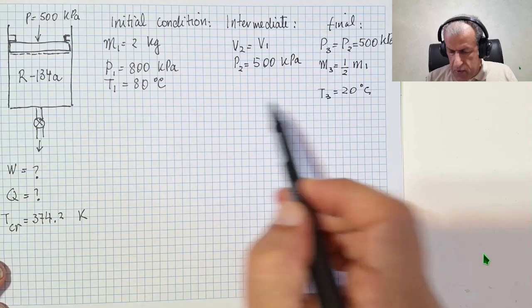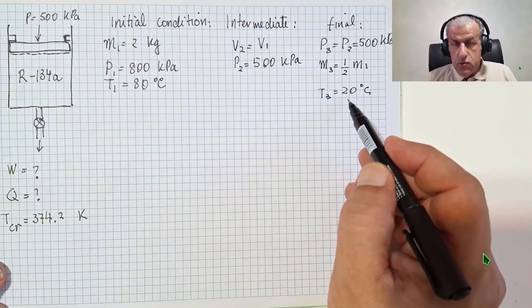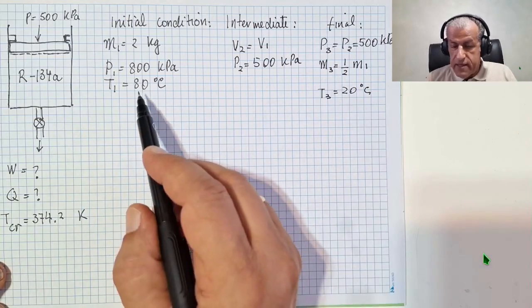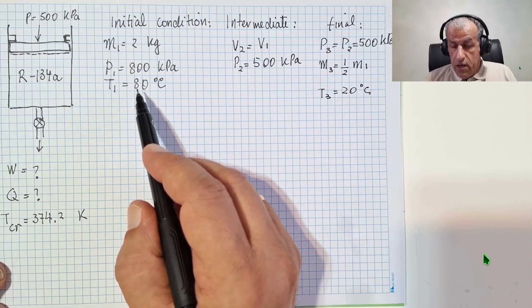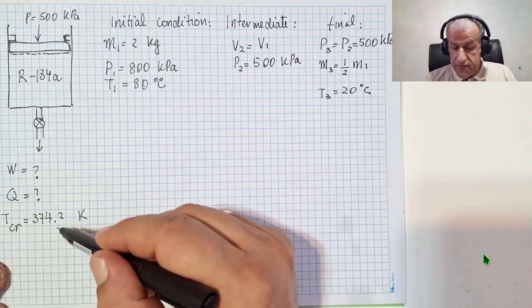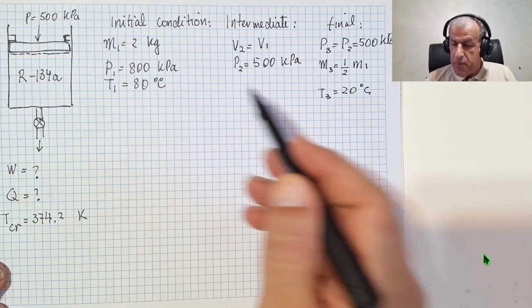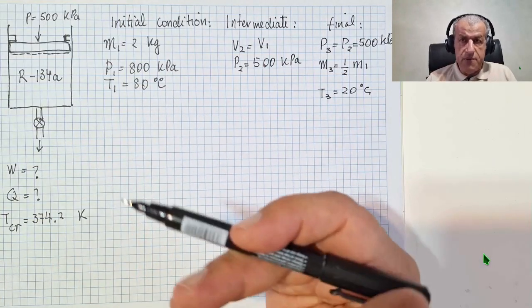So between 20 and 80 degrees C, it would be 293.15, and this would be 353 kelvins. The critical point is just above our points, our process happens just